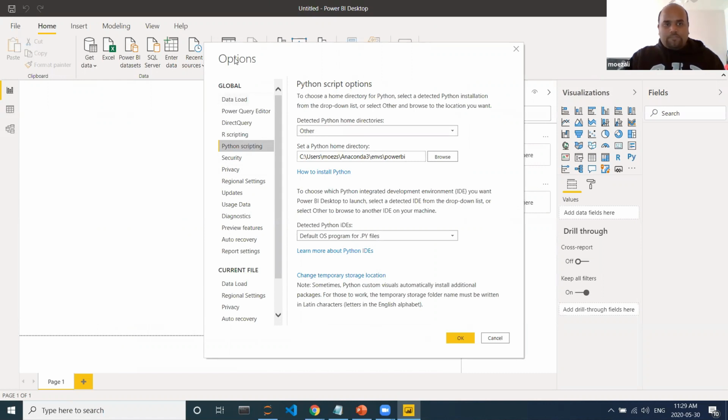So File, Options, and Python scripting, and that's where you want to point it. So normally in Anaconda, and let me zoom in a little bit. Oops, I cannot zoom it, but